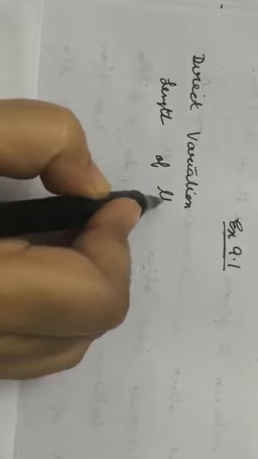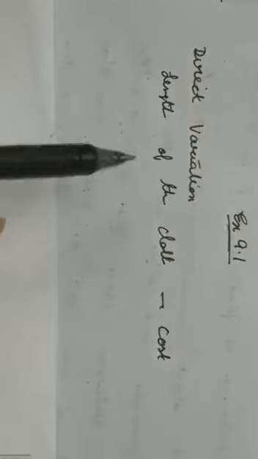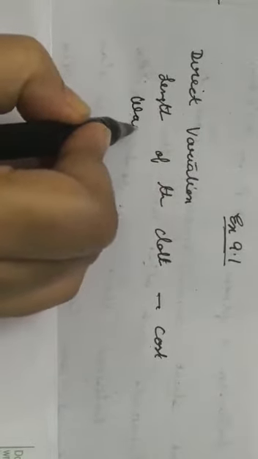So suppose you are buying some cloth, just the cloth, not dresses. If these are the two quantities, length of the cloth and cost, these two quantities are directly related. As the length of my cloth increases, the cost is going to increase. Now suppose I have wages and number of days.